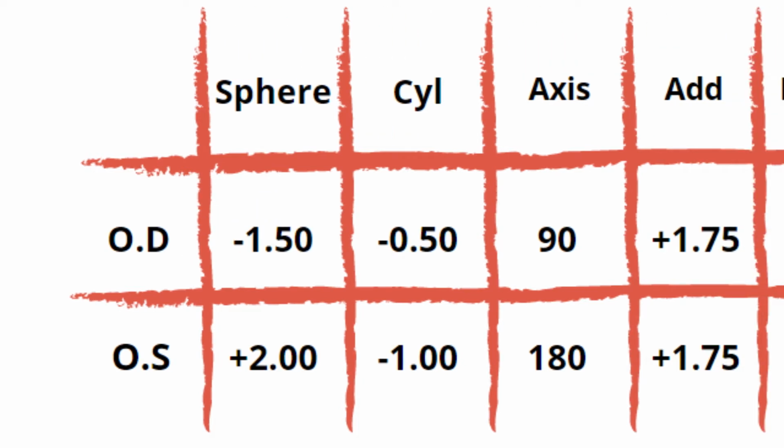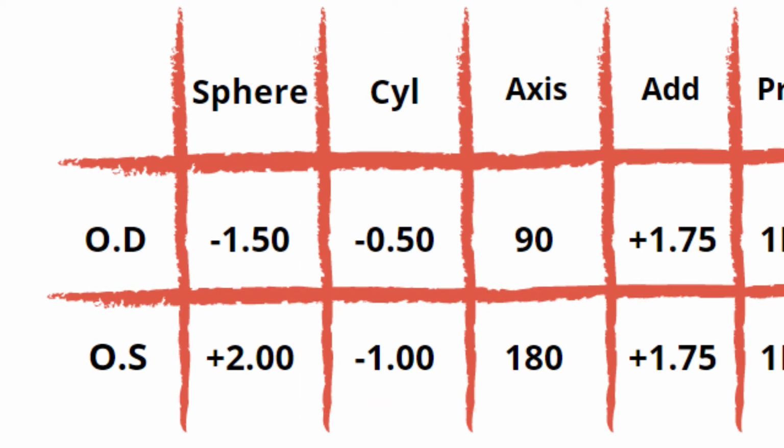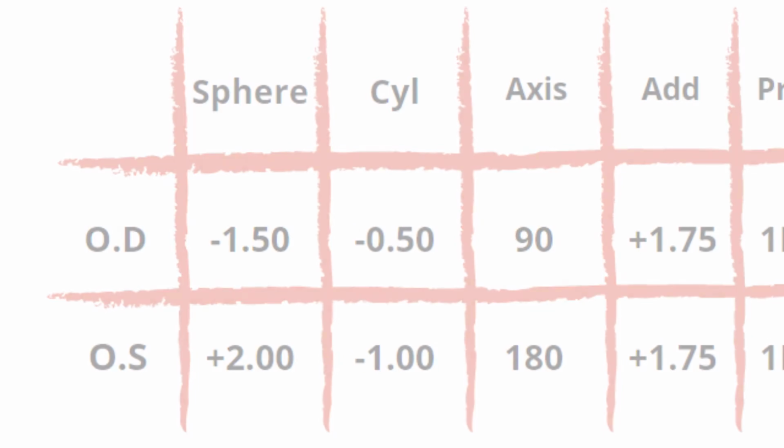The second part of your prescription is the cyl or cylinder. This determines the strength of astigmatism you may have, which is annotated with a minus in front. You might find some scripts done by ophthalmologists with a plus in front, which the overall script still tells us the same thing, and we can easily convert it to the minus format.